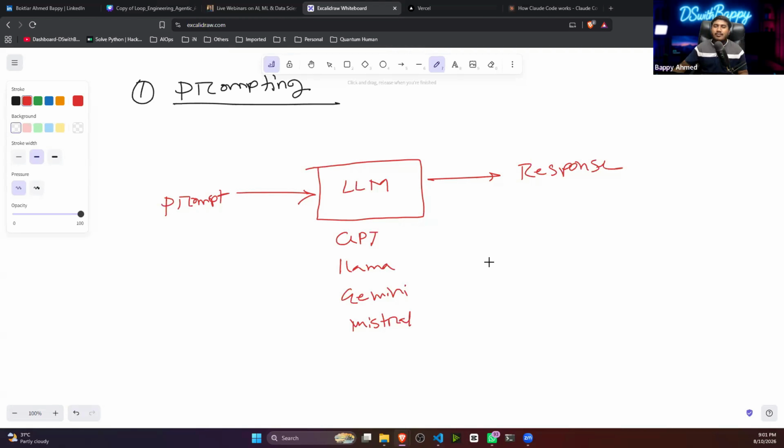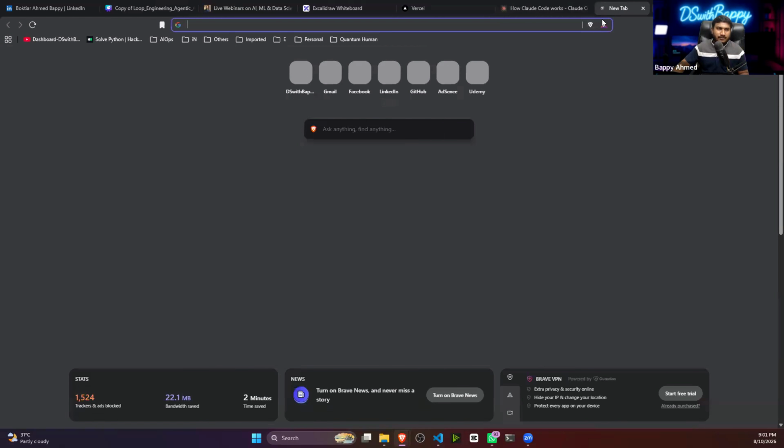How many of you have faced this kind of problem? Anyone here? If you have already used any kind of large language model, I'm not talking about any kind of AI agents application. I'm talking only about simple large language model applications. So if you are asking anything, so let's say if I'm